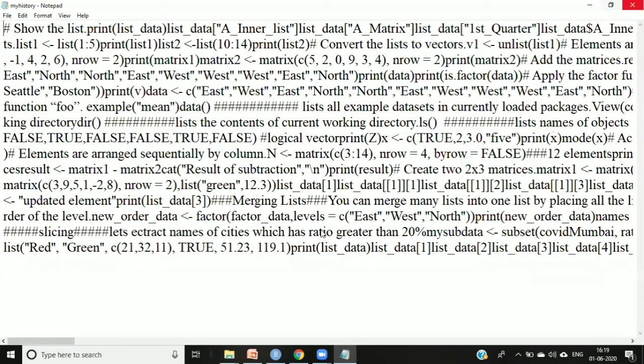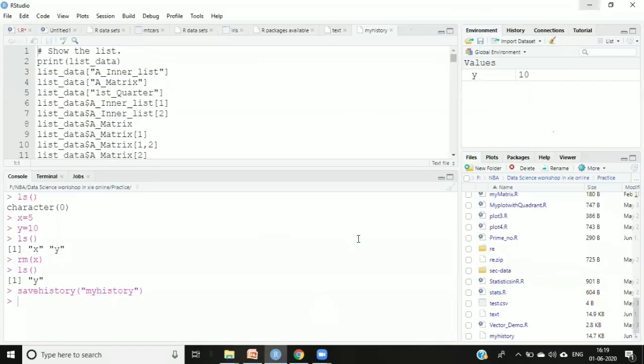After practicing everything, I suggest you save the history in one file, then open that file and view its contents. So absolutely there is no problem.